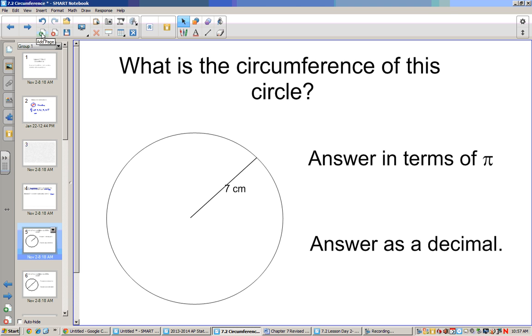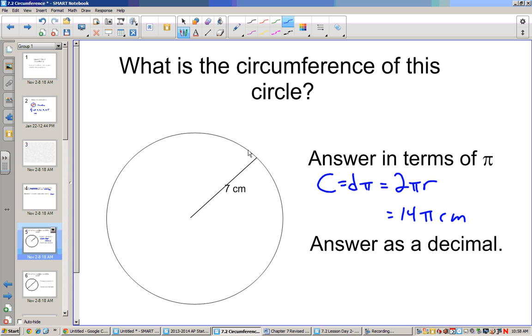Now, what is the circumference of the circle? Let's answer this in terms of pi. So the equation is circumference equals diameter times pi, or 2 pi times the radius. Well, the radius is 7, and 2 times 7 is 14. So 14 pi centimeters is going to be the distance around this circle. So you can write it sometimes in terms of pi, and other times we want this as a decimal. So you take 14 times 3.14, and your answer will be 43.96